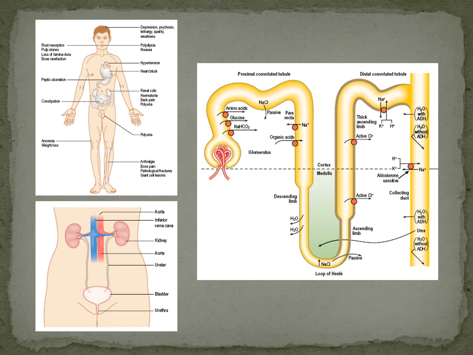So first, I'm going to roughly talk about the anatomy of the kidney. You already know about the kidney: two kidneys, connected to the ureter, and then to the bladder and urethra. So, inside the kidney, what are the structures? You already know about that.